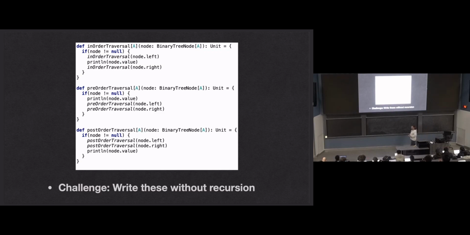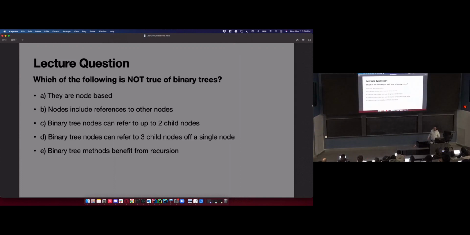So if you're writing this without recursion, you have to keep track of each time you visit a node, which visit number this is, and if it's the third visit, which node do we go to next? You have to remember all this, and you'll want to use a stack data structure to get that done. And that stack is going to be storing all the same information that the memory stack is storing for you. So if you do want to take me up on that, there's your hints on how to get